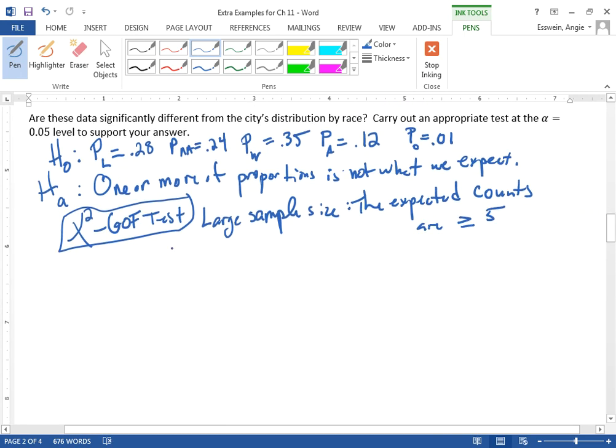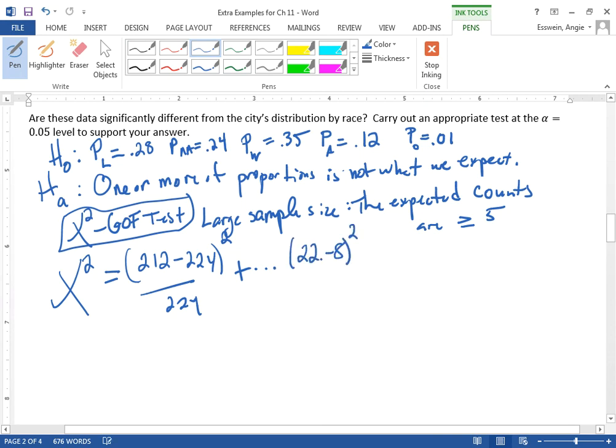So now let me show you the minimum work to show for chi-squared. You have to show at least the first and last. So observed minus expected squared over expected. And then you can go plus ... This is perfectly fine on any test. Observed minus expected squared over expected. Okay, I'm going to write what you get, and then I'll show you how to do all this on your calculator. So chi-squared